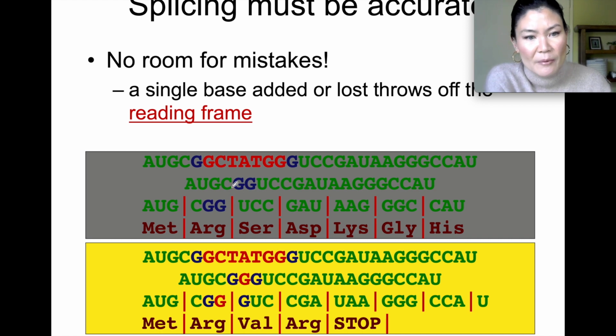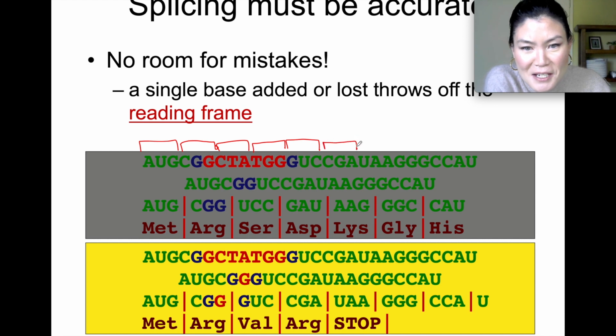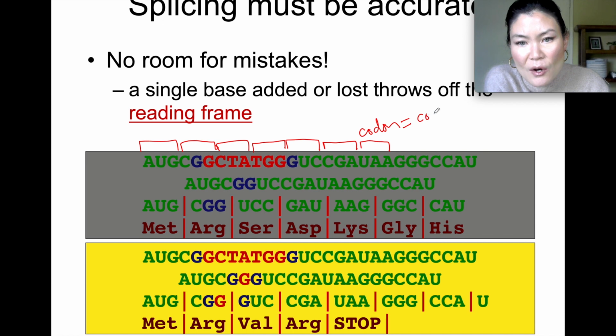Okay, so it's kind of hard to see with the colors here, but this is a codon. AUG is a codon. CGG is a codon. CTA is a codon. TGG is a codon. GUC always reminds me of guac, like guacamole. CGA, those are all codons, okay? And the ribosome reads each codon, and each codon codes for a specific amino acid. That's why they're called codons, because they code for